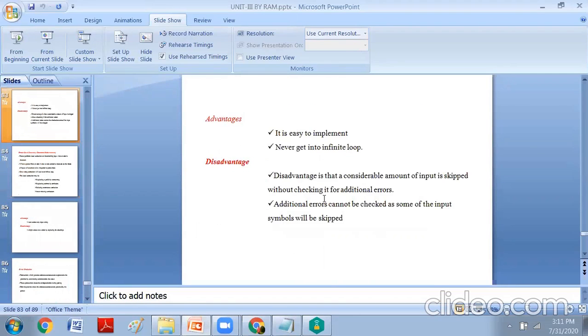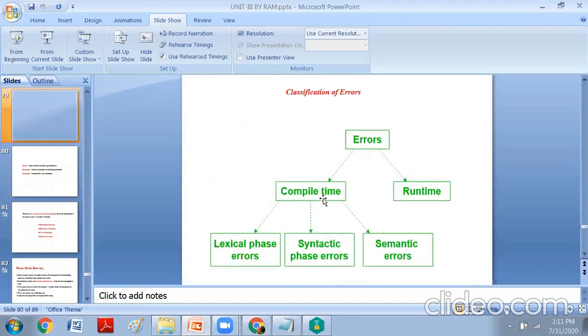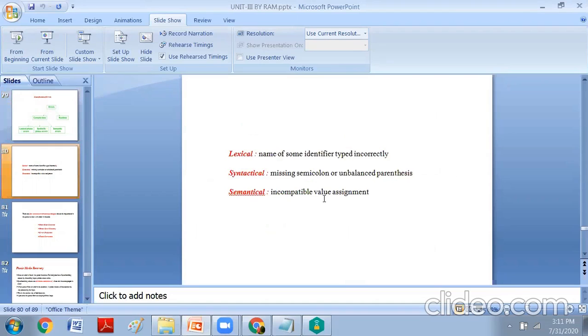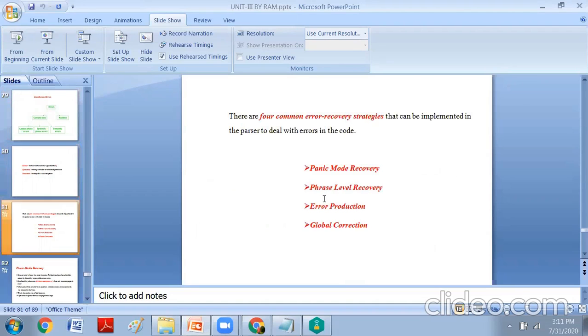This is briefly the topic. Error recovery techniques. How many errors are there? Compile time errors, runtime errors, lexical errors. Next, compile time errors are lexical errors, syntactic errors, semantic errors. For handling these errors, we have the four common error recovery techniques. Panic mode: all the input characters after the error are discarded until the required character has occurred. Phrase level recovery: local correction will be made at the statement level. The statement which got the error, at that statement only, it will make a local correction.